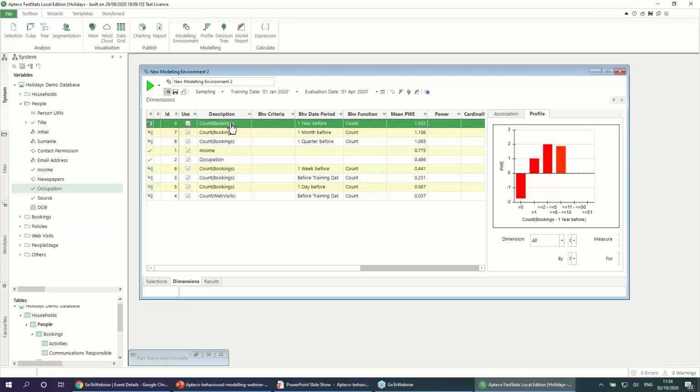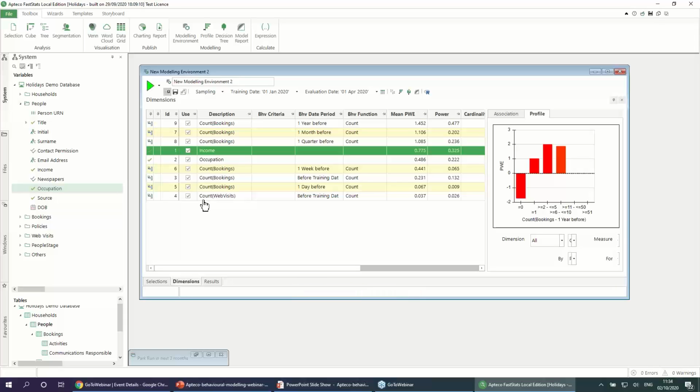And it will detect how well that variable can identify the target group on a new set of data. So we're not using a holdout sample, we're using a different set of data, and we're testing against that. And I can rebuild the modelling environment. You can see it evaluating multiple on-the-fly aggregations for us, and we now have a power for each of these